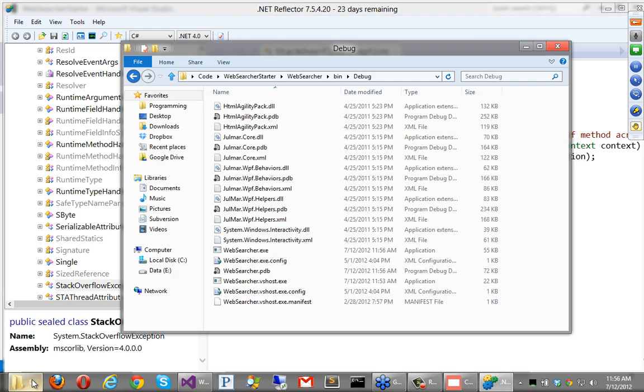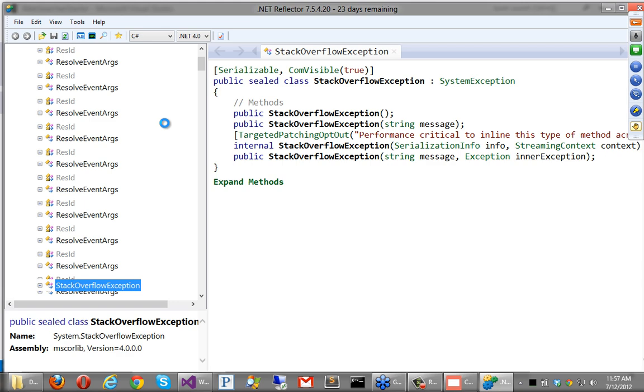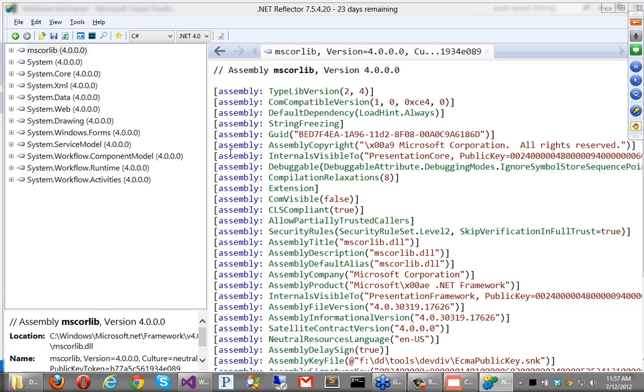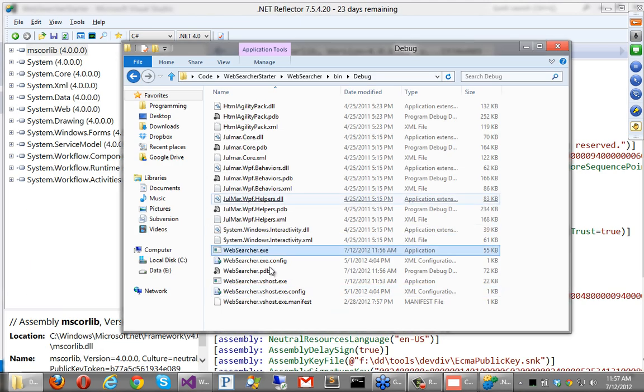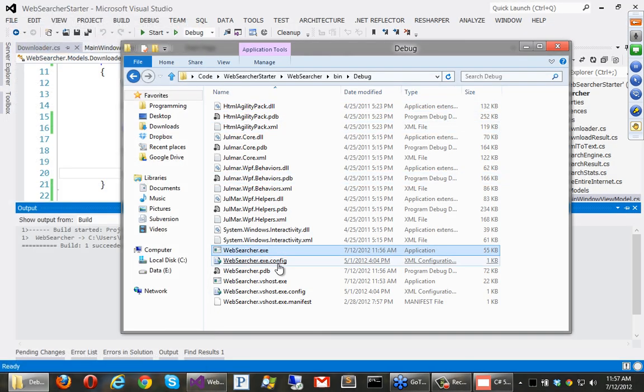Okay, so let's throw this into Reflector here. That would be the WebSearcher.exe. Let's close that up. Okay. Oh, it's .NET 4. Oh, it does not support .NET 4.5? Interesting.